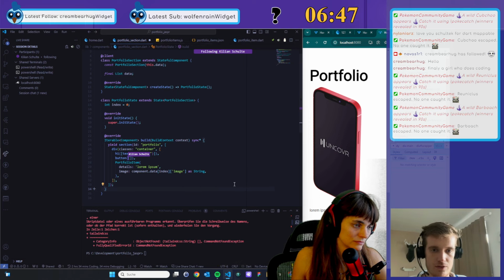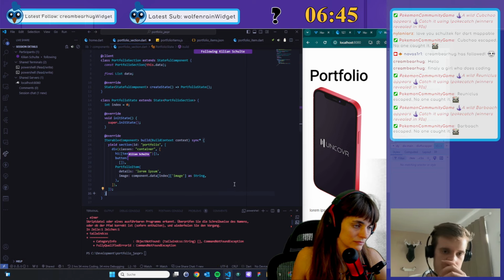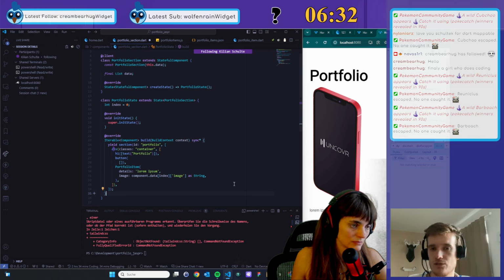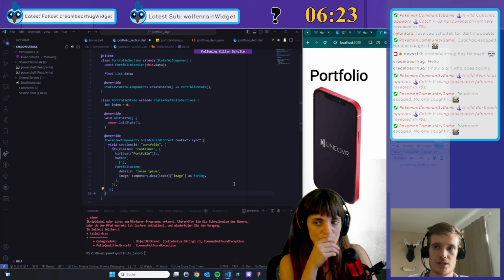And for all these elements like div, h1 and so on, they have all the same parameters: children, ID, classes, styles, attributes, events, which are the default parameters for everything. Some of those have additional parameters that are just convenience parameters.